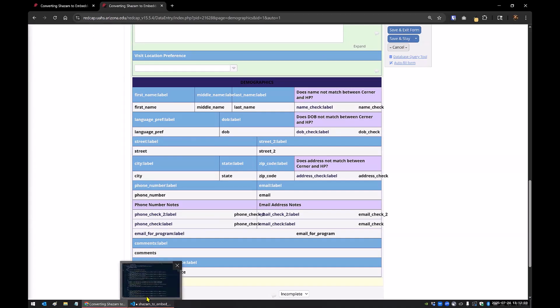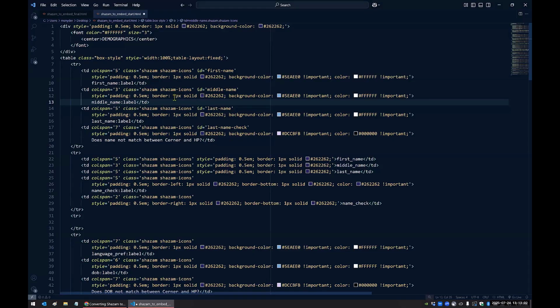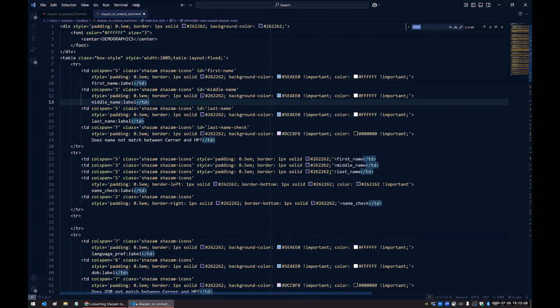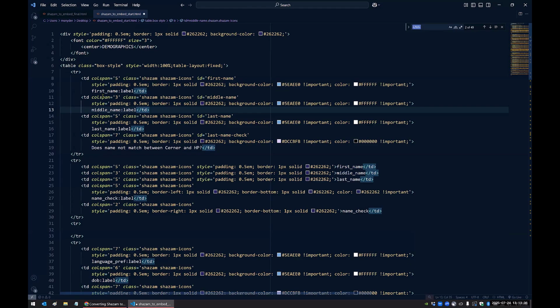We're going to go into the HTML here. And one of the things that I like to do is if you just do a control find on the closing tag for the table data element, that gives you the ending line for everything, because that's usually where the last part of it is, where your field is. You could do it on the underscore, but the problem is you may have fields that don't have an underscore, for example, like DOB. So if you're searching through for the underscores, you may miss something. So this gives you a way to just highlight where the ends of the lines are, and then you can